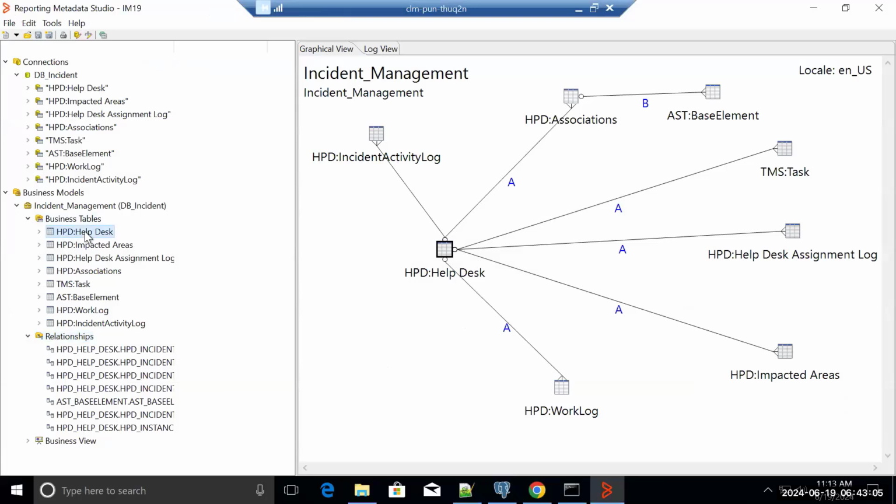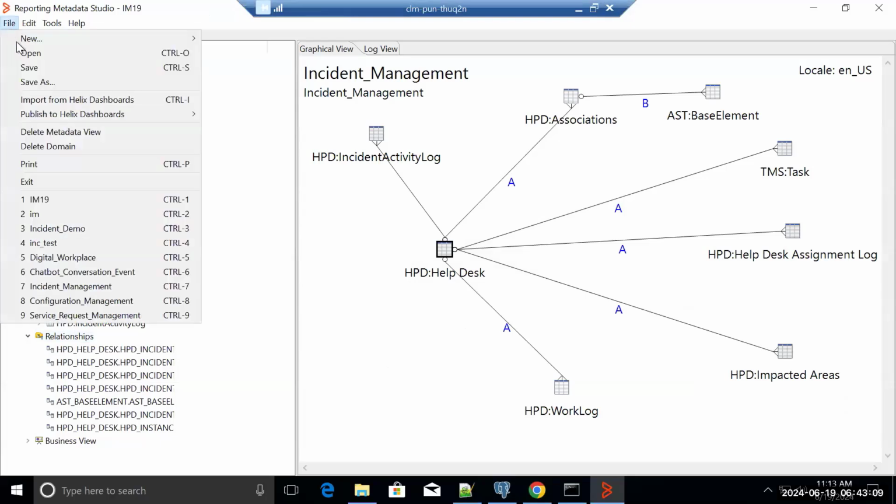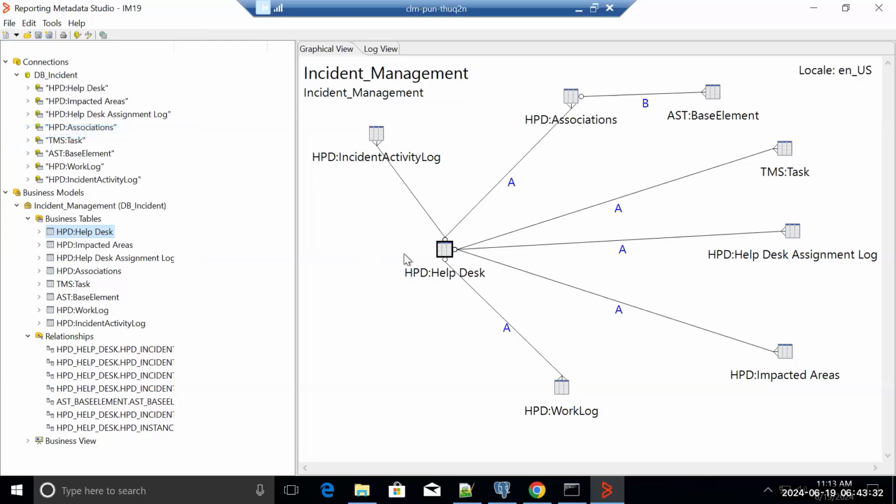The one which is the last which I want to talk about is the delete metadata view functionality. So in case you have created a metadata view and you are not interested in keeping that and you have already published that view, but it was just for trial purpose or you want to discard that, then you can use this option delete metadata view